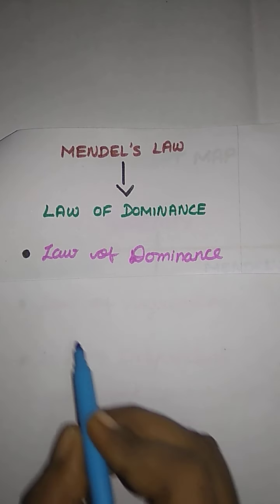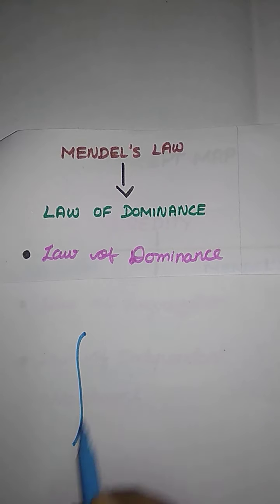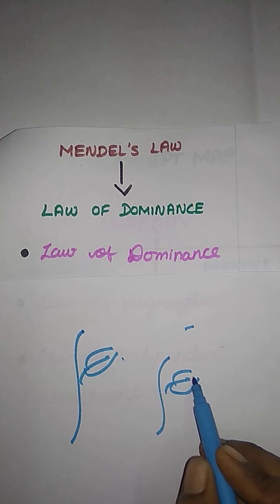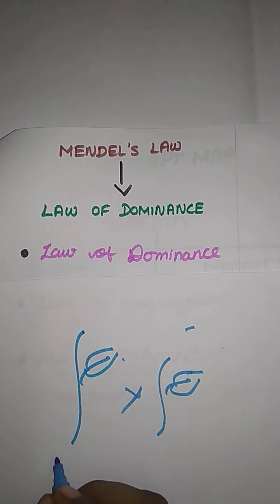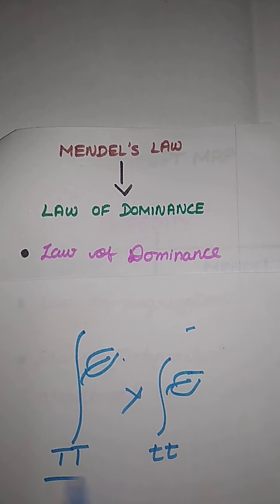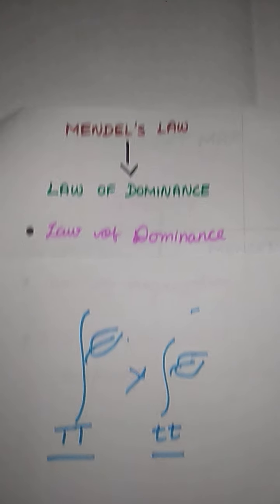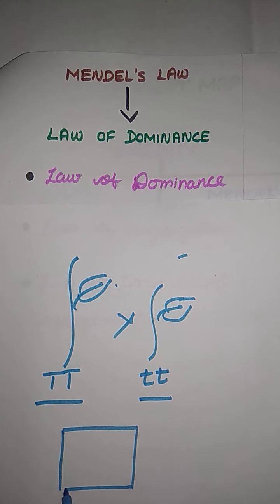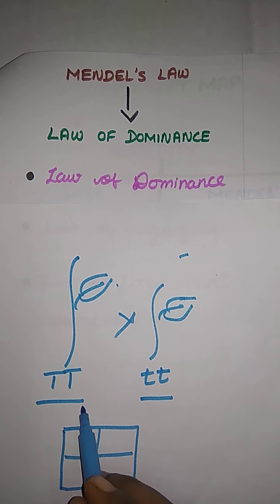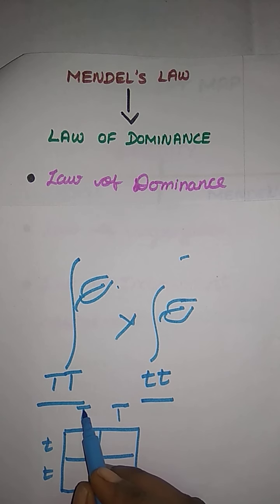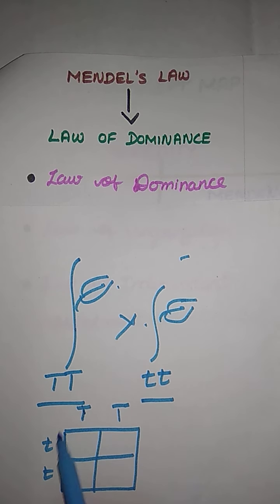Just imagine they have one plant, that is the tall plant, and they have another plant, that is the dwarf plant. Okay, they are going to cross them. Here they have a chromosome type as capital T, and here small t. When they cross, to see what they gain, with the help of one square box, the name of this is Punnett square. Okay? They always place the tall at the top. Now they are going to cross the tall and dwarf plant.